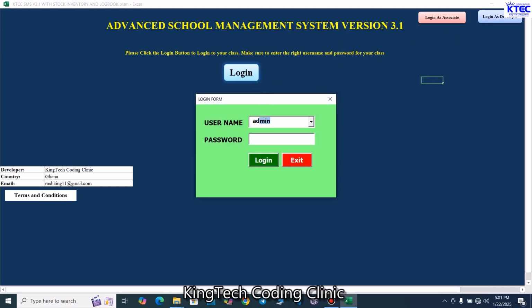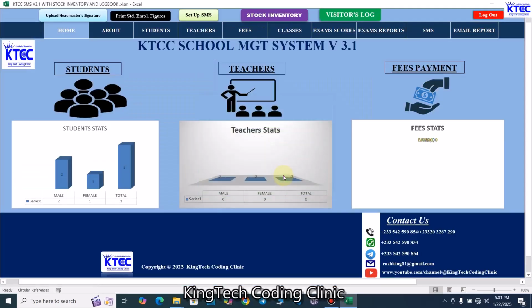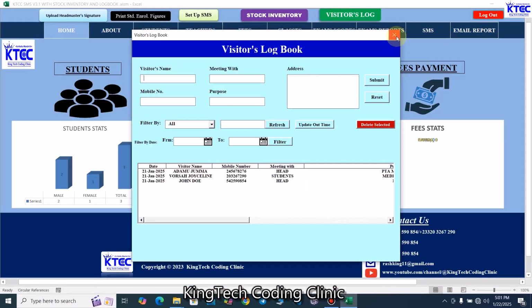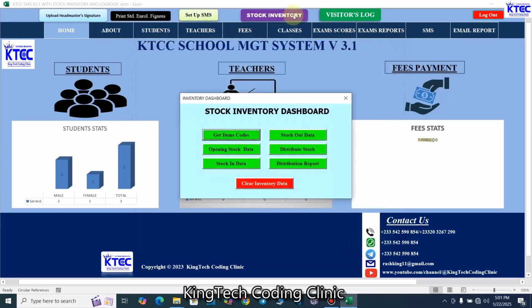So now you just log in as an admin, and there we go. So now let's start with the inventory. So you can see we have the visitors logbook here, which is going to be like this, and then we have the inventory. With the inventory, it's a very powerful feature we've just included here,